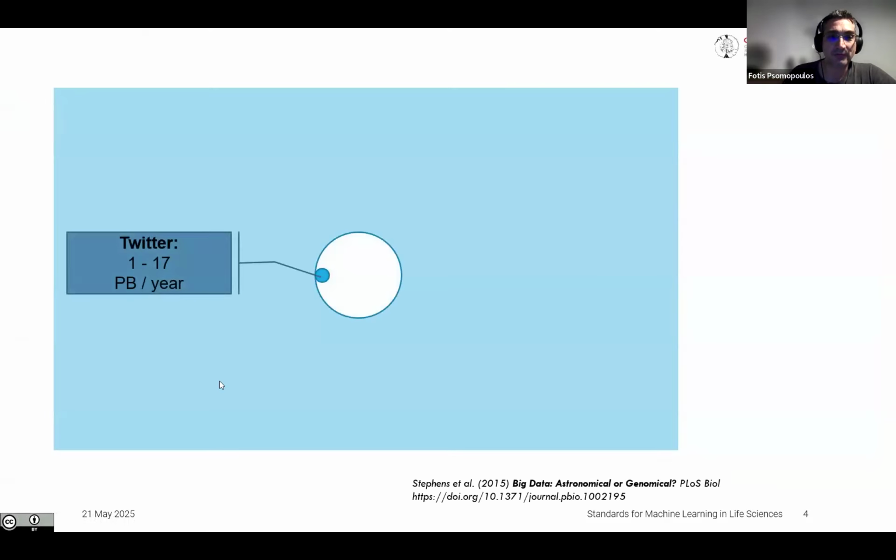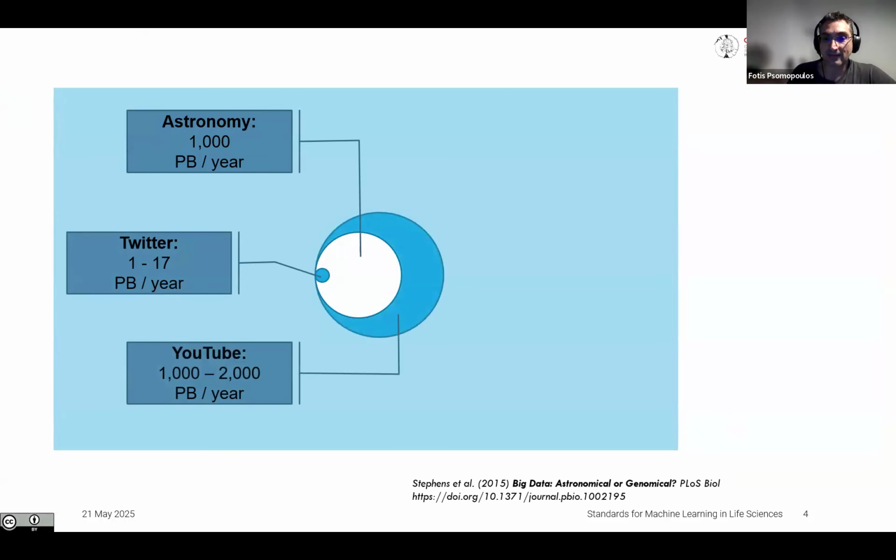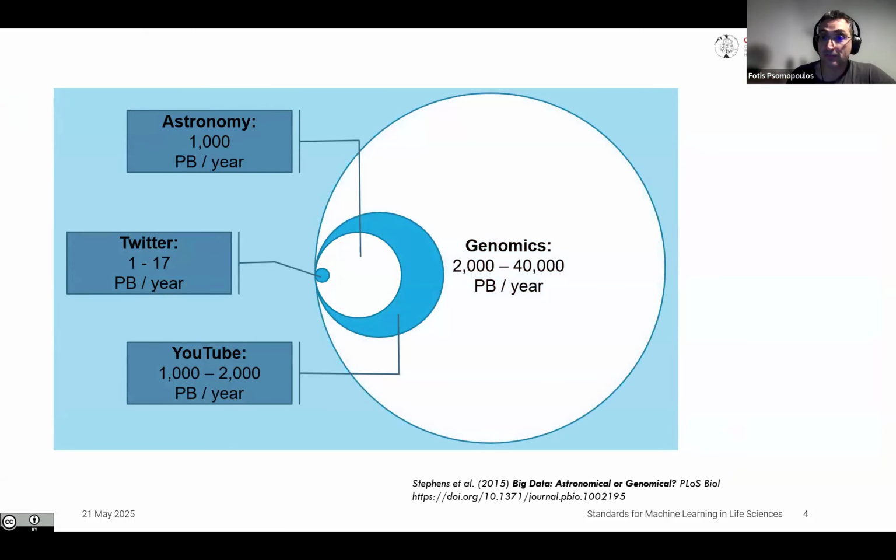But what I really would like, as a slide deck, although it's now almost a decade old, is to give things in perspective. The astronomical data being produced is about 1,000 petabytes per year. X, Twitter at that time, about 20 petabytes per year. YouTube, again at that time, was about 2,000 petabytes per year. But if you go to genomics back in 2015, we're talking about 40,000 petabytes per year. That's almost